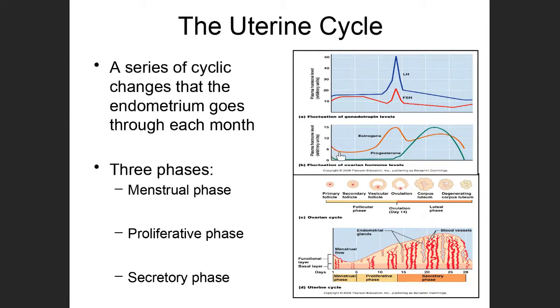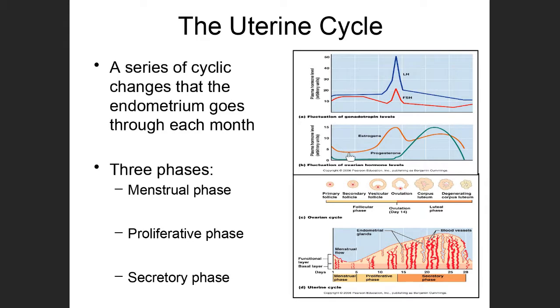So we've got estrogen levels and progesterone levels that are really low during days 1 through 5 of the cycle, and the reason for that is we've got primordial follicle developing into a primary follicle, and from there into a secondary follicle. And until we have that secondary follicle with granulosa cells, we're not going to have any estrogen being